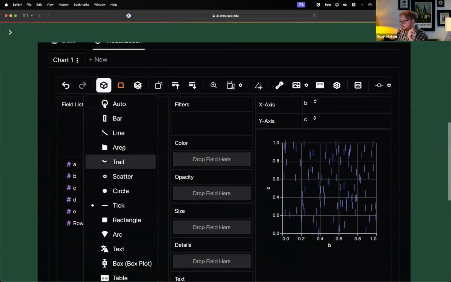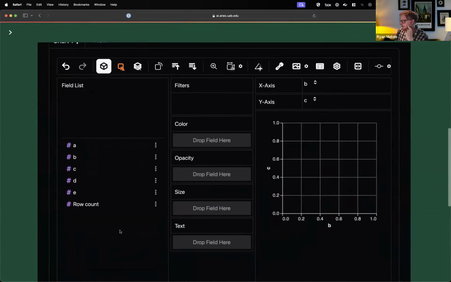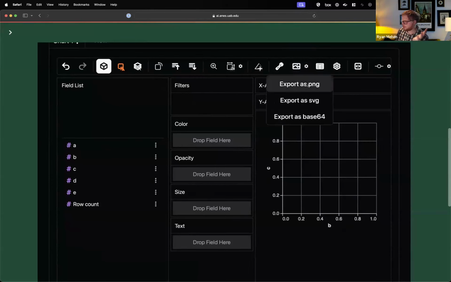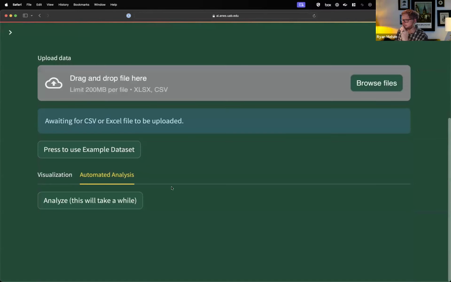Do I even remember how to use the tool? It can be an area plot, it can be a line plot, it can be a bar plot. And you can get pretty fancy with the ways you can manipulate this, just like you can in Tableau. All kinds of settings you can use. And at the end, you can download your publication quality figure to send it. We've also added, along that same line,